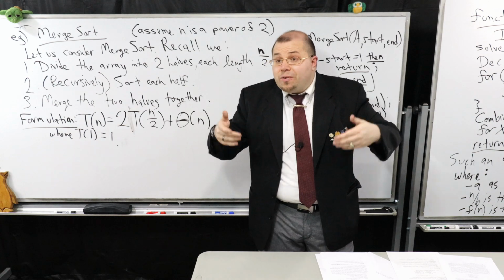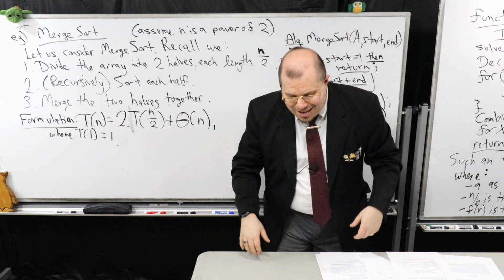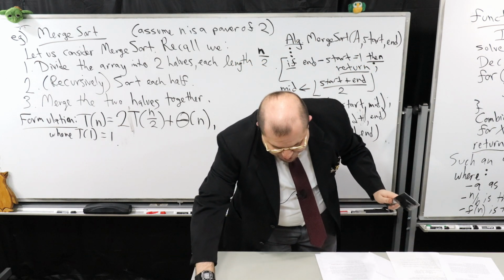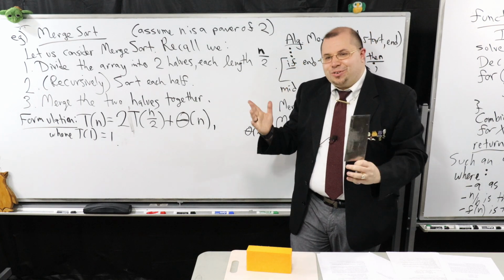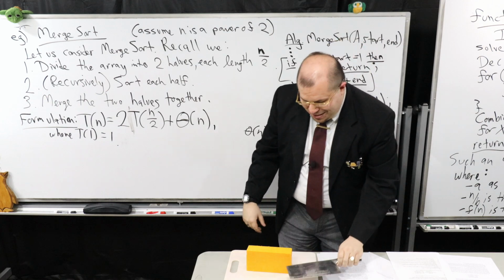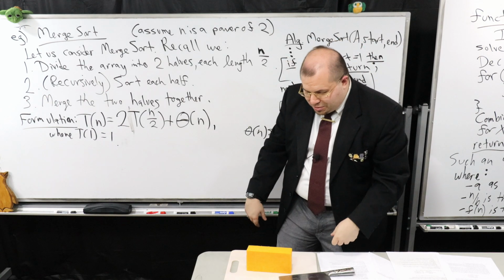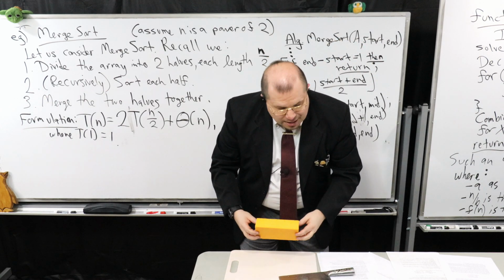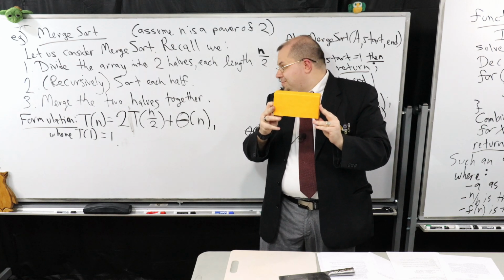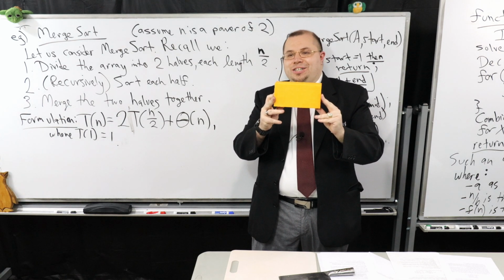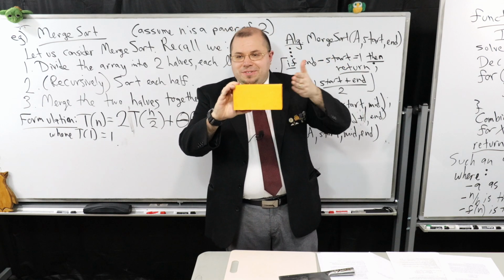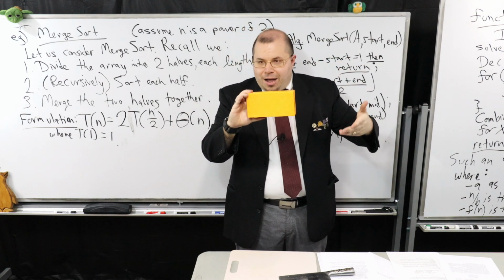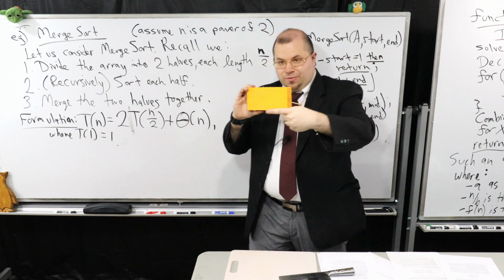And I want to show you a visual representation of this. So I thought a perfect way to conclude things is to show you a visual representation of this. Suppose that I gave you, for example, T(4) for that recurrence relation. And I have a block of cheese. This is the block of cheese. This cheese represents the running time for the algorithm when I use T(4) for my recurrence relation